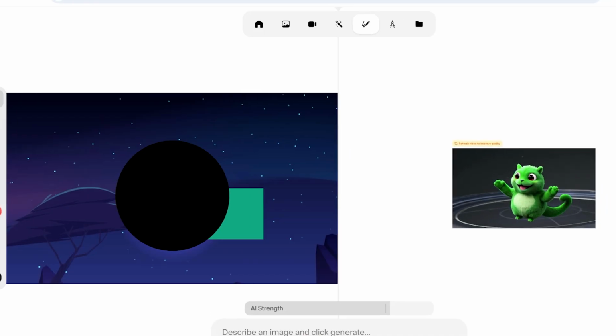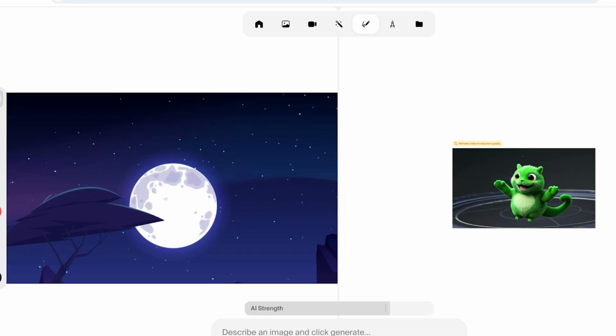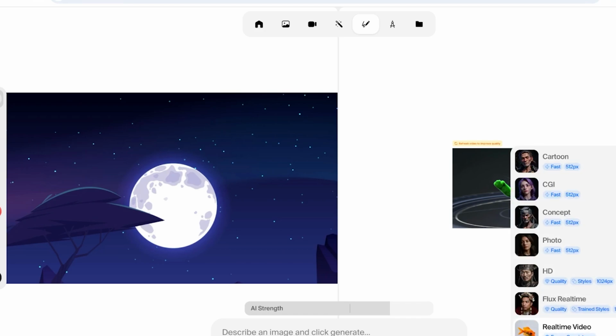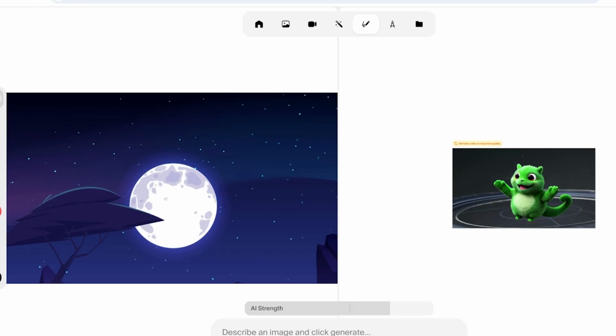I'm just going to be removing all of this, and on these two sides, you guys can see on the right side, you're going to see the video that is being created. Below that, in the center, you have your AI strength. Then you have to describe an image and generate the image or the clip. And then you also have different presets, and you can refresh your video and capture your video. On the bottom right, you also have real-time video, which you're going to access. And then you have examples that you can click on. So you can actually play around with some of the examples